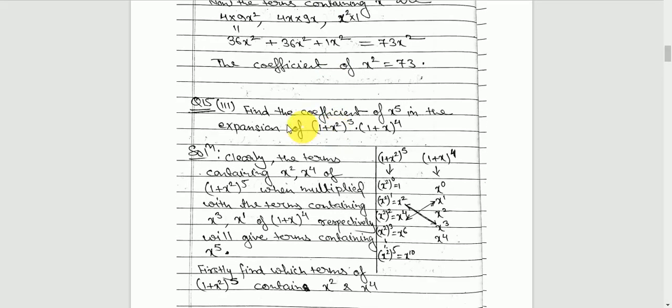In this case it was easy for you because one power was 2, the other was 3, you know the formula, and the expansion is easy. So you could easily do it. But now see this one. Find the coefficient of x to the power 5 in the expansion of this. Here you cannot expand this one and then again check which one will give you x to the power 4.